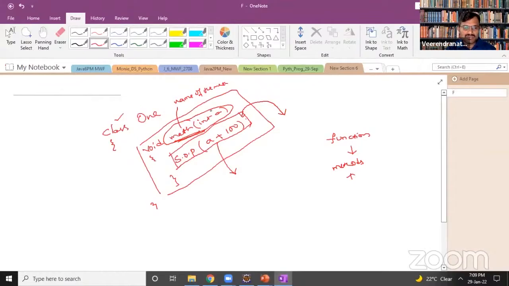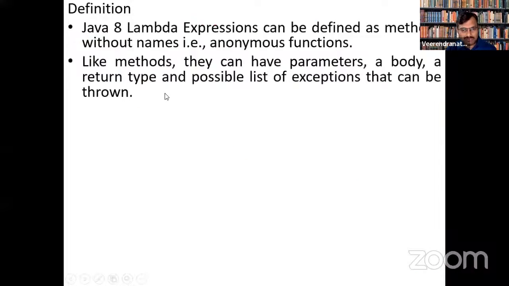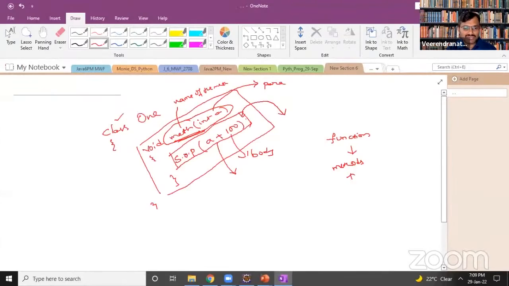In this method, we have a parameter and we have a body. So this is the body of the method. We have a normal Java class method with parameters and body, and of course the return type. In this method, I did not give any return type.